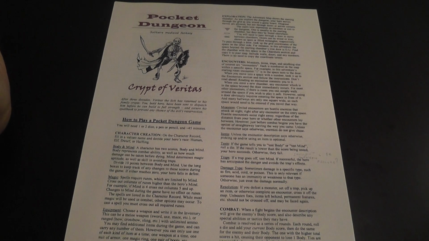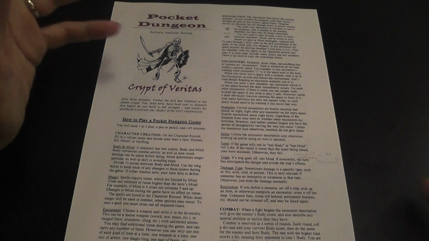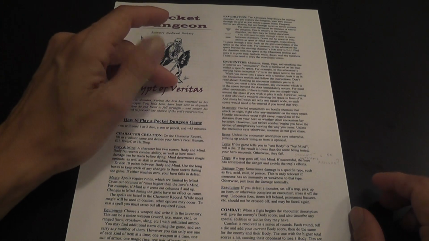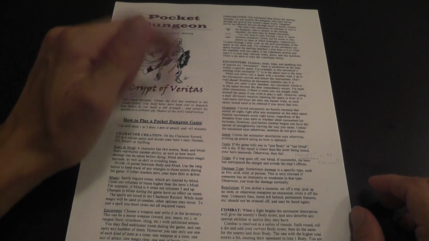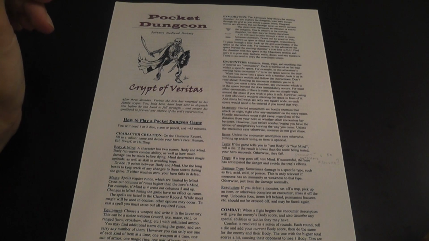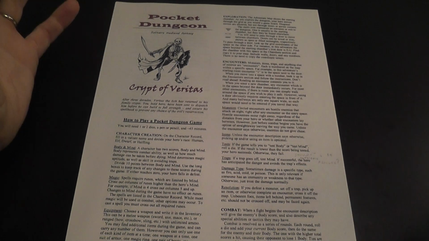In Crypt of Veritas, Veritas is the name of the leech that lives at the bottom of the dungeon, and you're trying to defeat him. You go down the dungeon, you defeat Veritas, and you leave. If you're able to do so and survive, then you win the game. If you die, guess what? You don't win the game. So you create a character